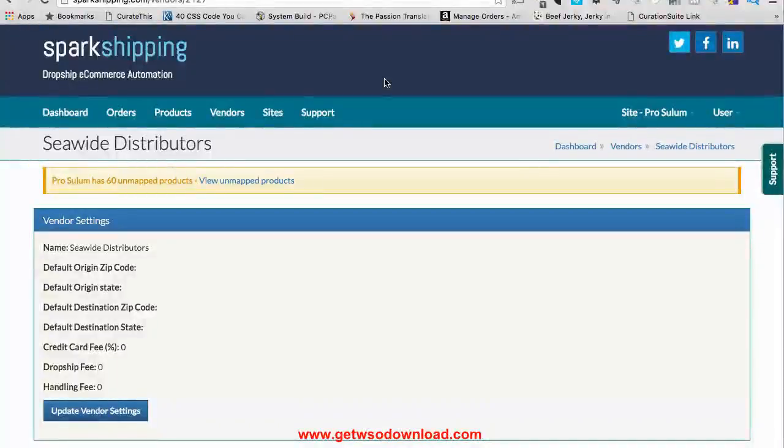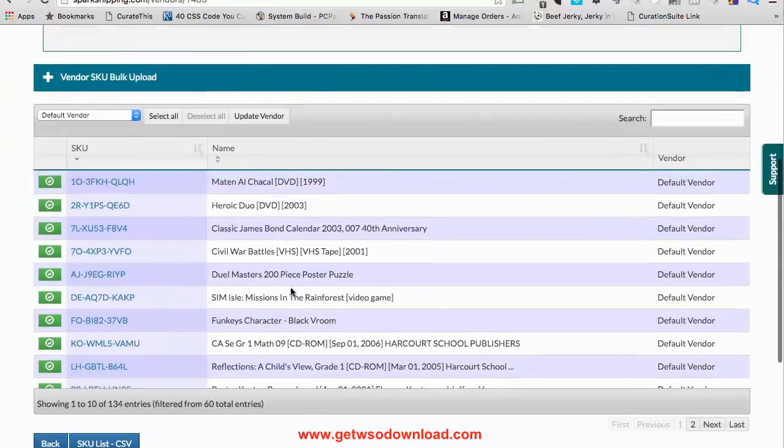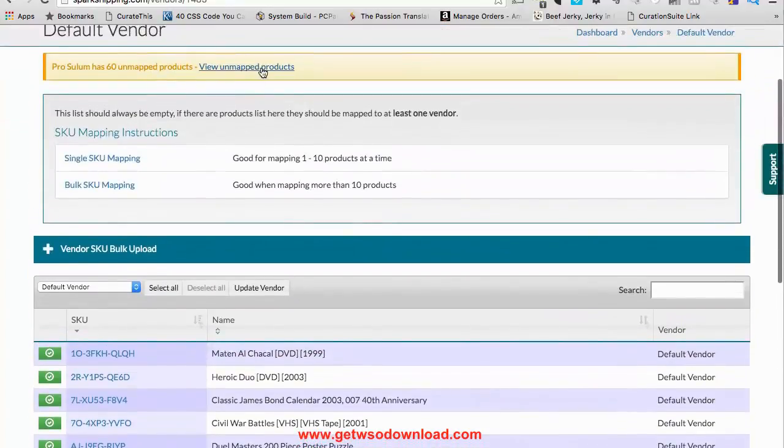All right, cool. So let's start mapping some products. These are products that I recently updated and put into Amazon. I want to show you how I actually go about mapping those products. So I'm going to view these unmapped products. Up here, you'll always see if you don't have something that's mapped, you can just click that and it'll say